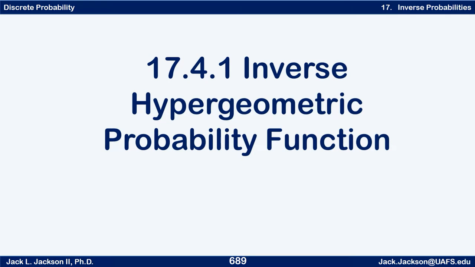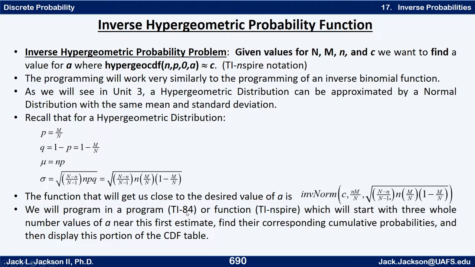In this video, or in this section, we're going to be looking at an inverse hypergeometric probability function. So the inverse hypergeometric probability problem is given values that define the hypergeometric probability, that is capital N, capital M, lowercase n, which are in order. The capital N is the population size, capital M is the number of successes in the population, lowercase n is the sample size, and then x is the number of successes in the sample, and c is going to